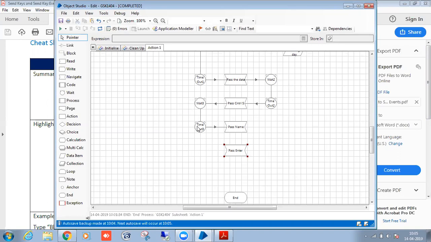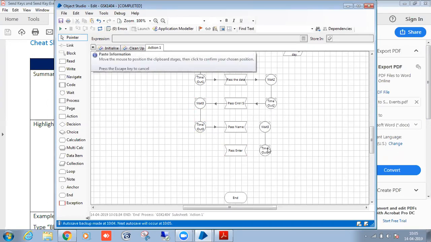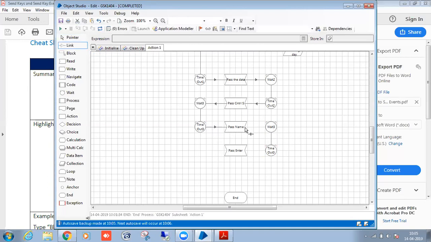Right. So as I told you, before or after the keys, you have to take the wait.